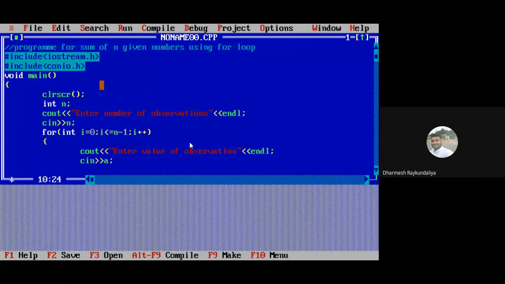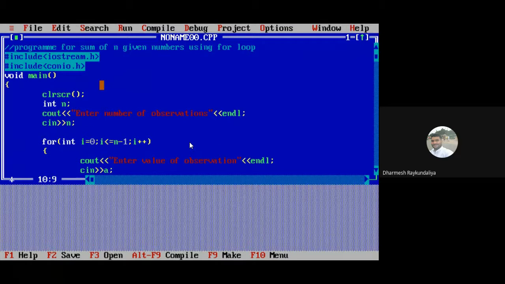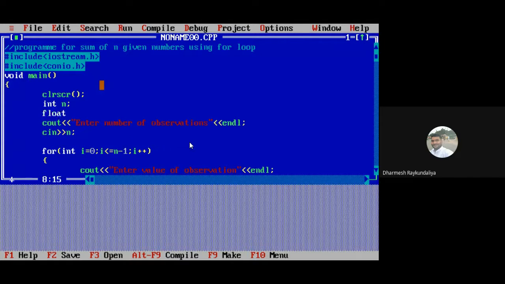But I have not declared a, so I will declare it here as float a, and I wish to find out the sum.